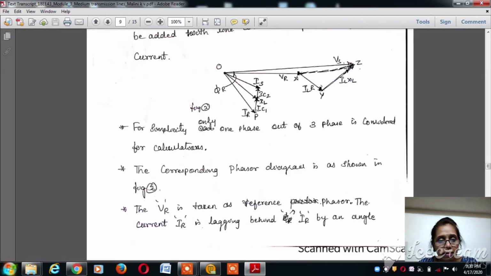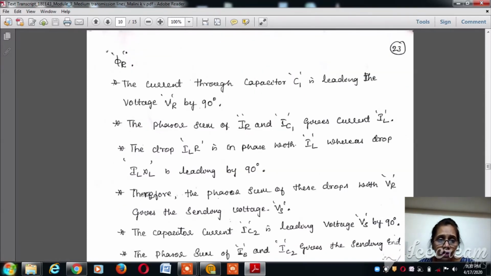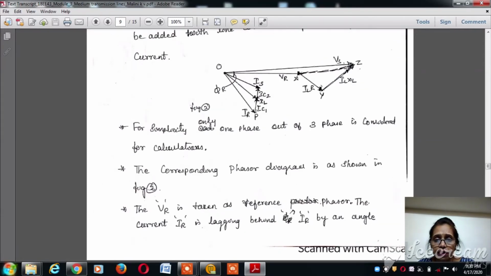Yes, here the corresponding phasor diagram is as shown in the figure, and this represents the nominal pi method phasor diagram which we have drawn to analyze the effect of the current and the voltage in a medium transmission line. So VR is taken as the reference phasor, and then the current IR is lagging behind VR by an angle of phi R, and the current through the capacitor C1 is leading the voltage VR by 90